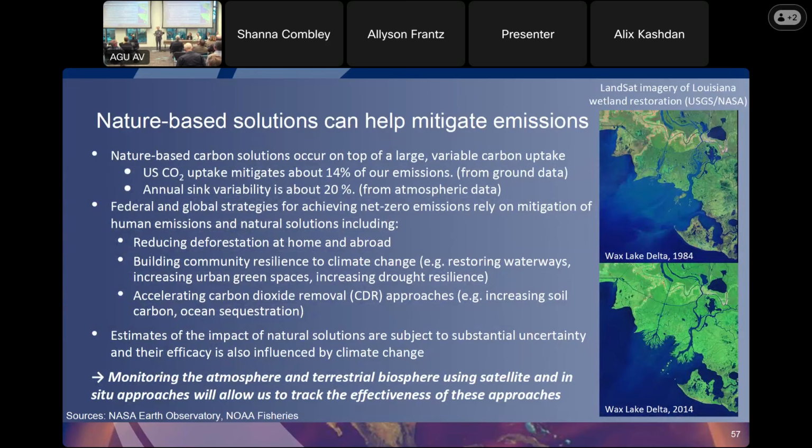I won't go through all of these processes, but some things are reducing deforestation, but also things like carbon dioxide removal approaches through soil carbon and ocean carbon as examples, as well as potential in forestry as well. But really the bottom line here is that if we monitor the atmosphere and the terrestrial biosphere using combinations of ground-based approaches, whether that's inventories or atmospheric concentration measurements, or satellite remote sensing of both column CO2 and methane and the land surface characteristics,